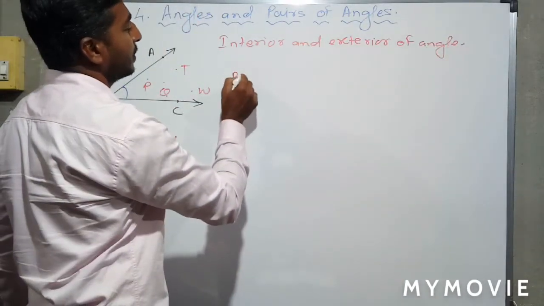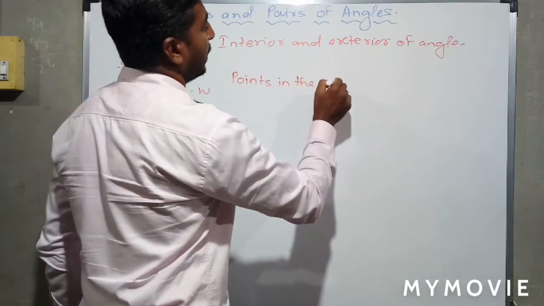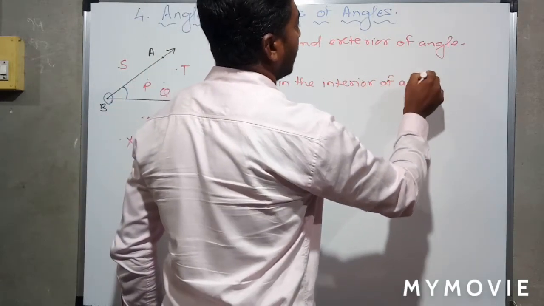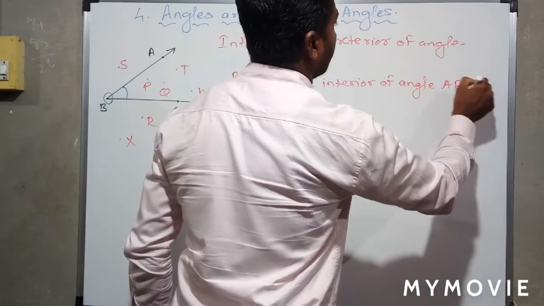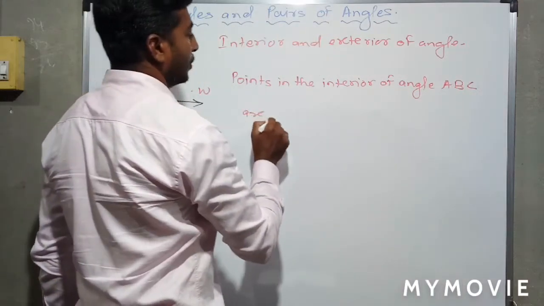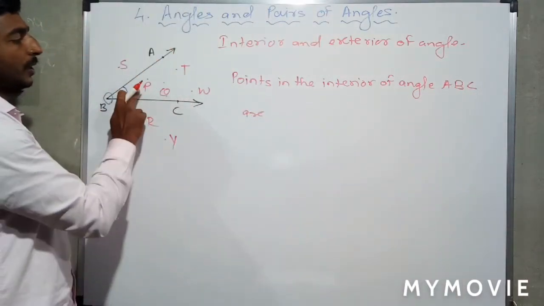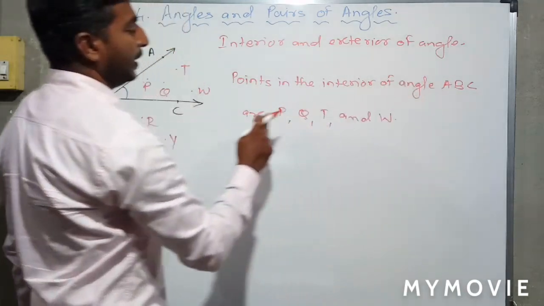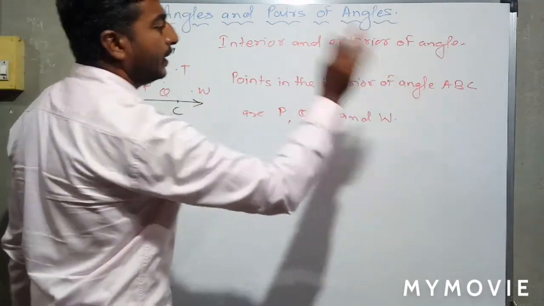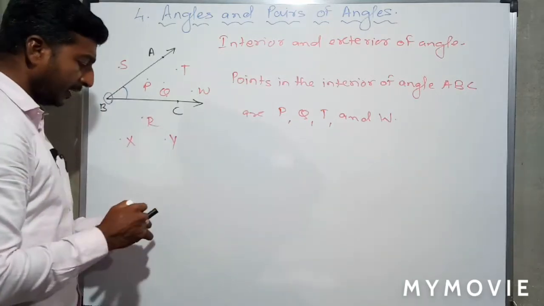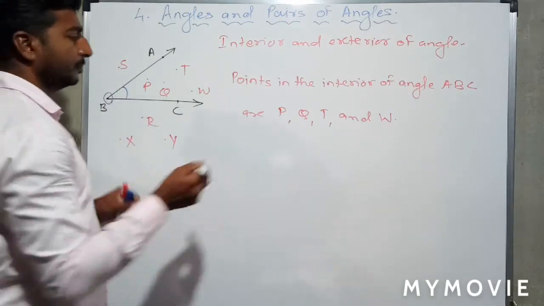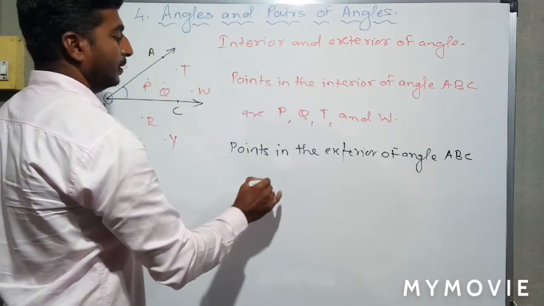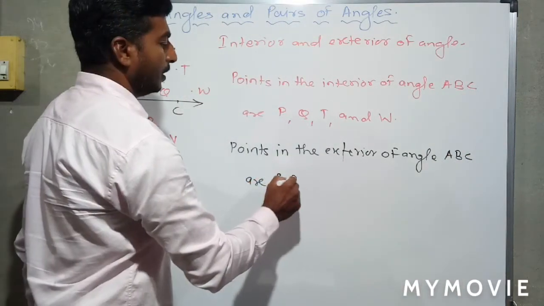So the points in the interior of angle ABC are P, Q, T, and W. The points in the exterior of angle ABC are S, R,